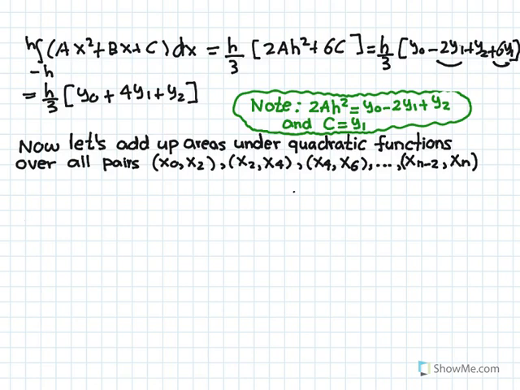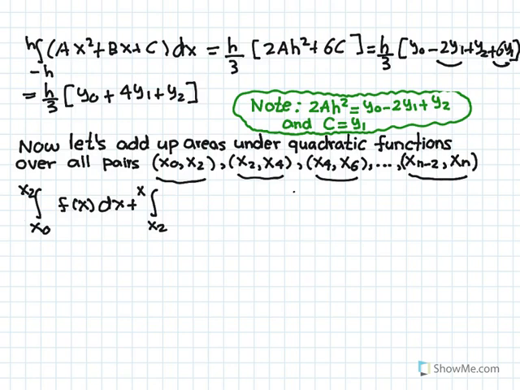Now let's add up the areas under the quadratic functions over all the pairs x0, x2, x2, x4, x4, x6, and lastly xn minus 2, xn. So basically, just as with the trapezoidal rule we were adding up trapezoids, with Simpson's rule we're adding up the areas under all of these quadratic functions. So what we have is the integral from x0 to x2 of f of x dx, plus the integral from x2 to x4 of f of x dx,